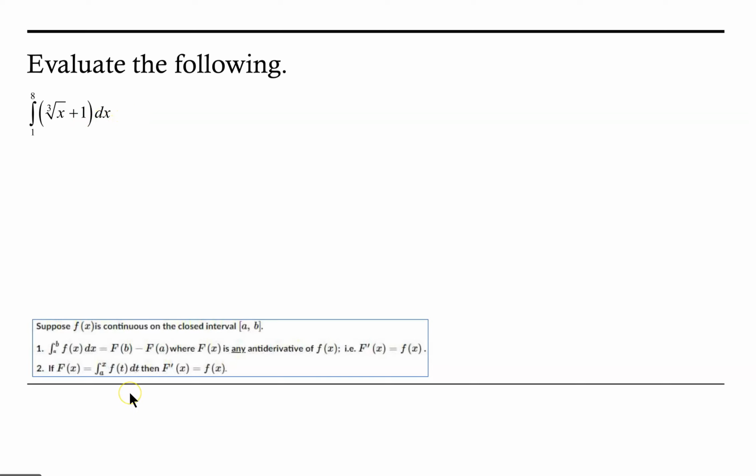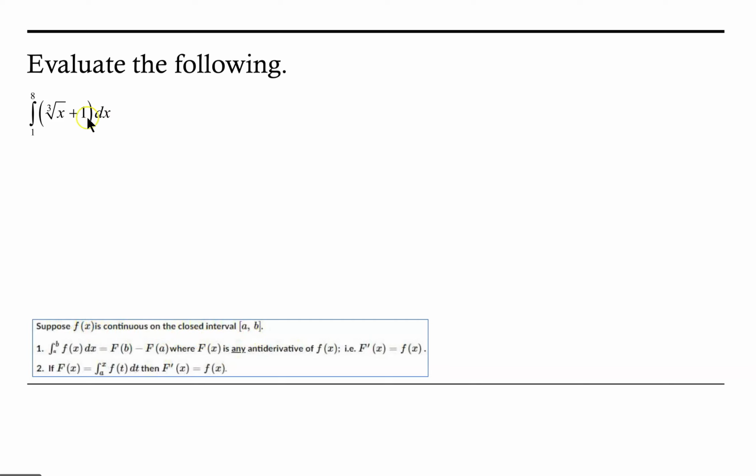So recall, with the fundamental theorem of calculus, we'll need to find an antiderivative of the cube root of x plus 1 and then evaluate that antiderivative at the upper limit and subtract from that the value of the antiderivative at the lower limit. Now keep in mind, this only works if our integrand, our f of x, is continuous